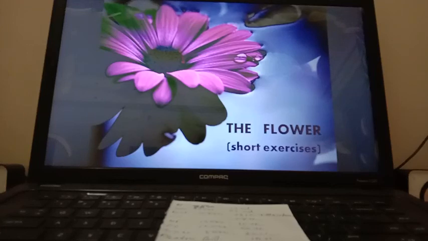So students, in today's session, we have talked about all the short exercises related to the chapter The Flower. So you are requested to go through the